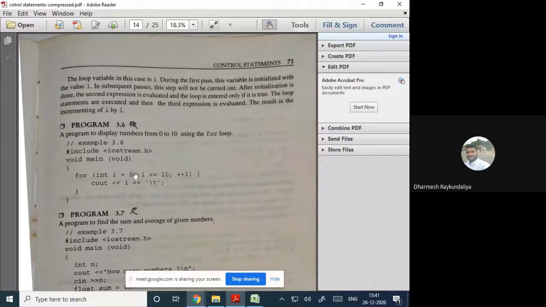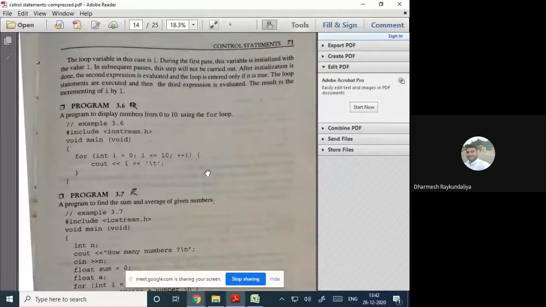First I equals 0, 0 is less than or equal to 10, yes, so you will enter into this. So cout prints 0. Then there is an increment, now I becomes 1. 1 is less than or equal to 10, yes. Then it will print 1. Then there is an increment. Now I becomes 2. Whether 2 is less than or equal to 10, again it will execute this. So this process continues while I is less than or equal to 10. As soon as I exceeds 10, it will exit from the loop.